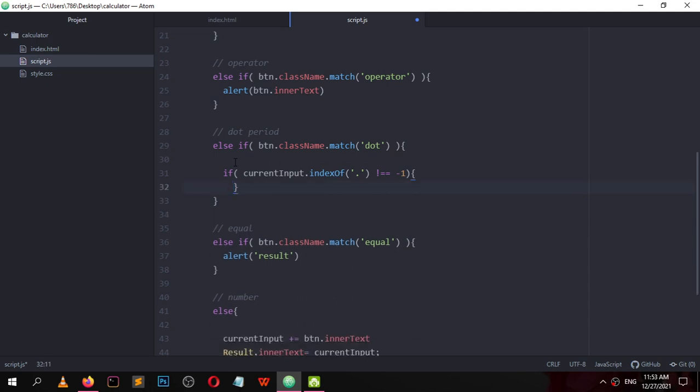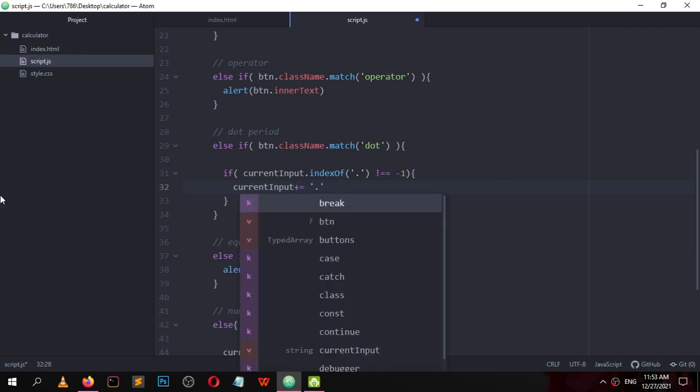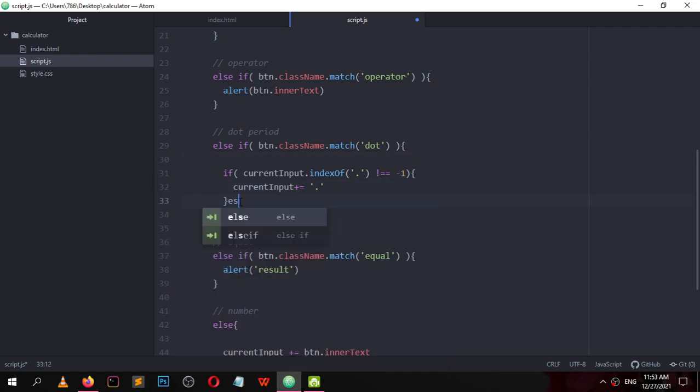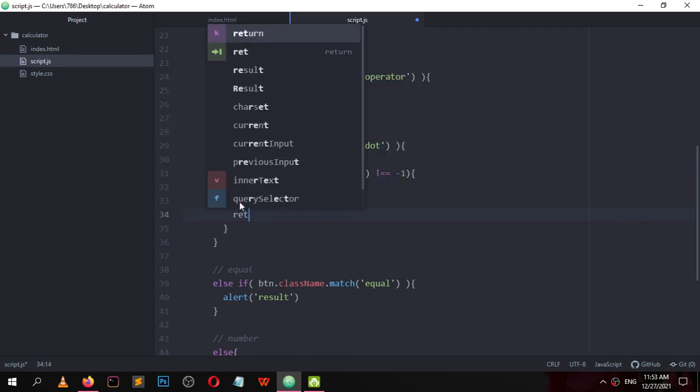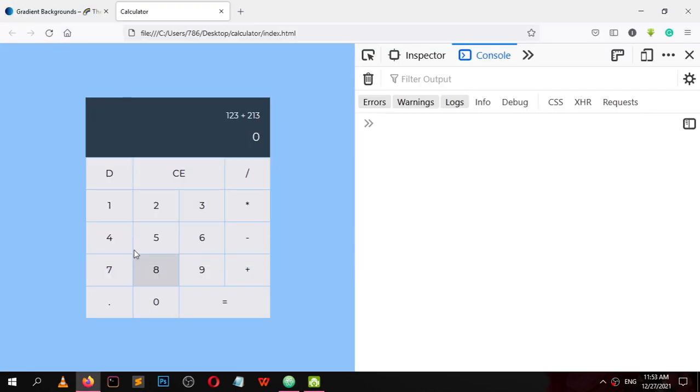We are checking if the dot period is not present in the current input. So current input plus equal dot, else we simply return or do nothing. Let me show you how this will work. Reload and 4, 5, this. It is not doing anything right now.